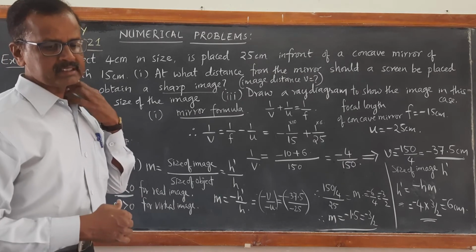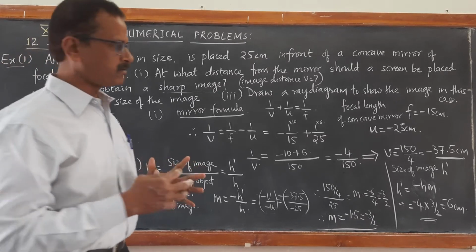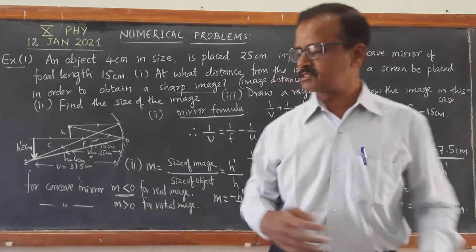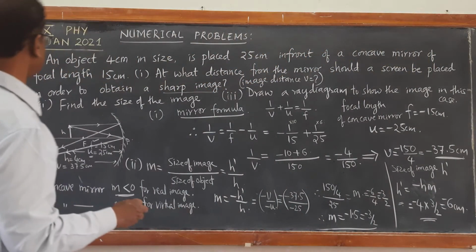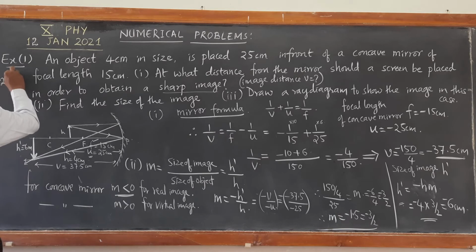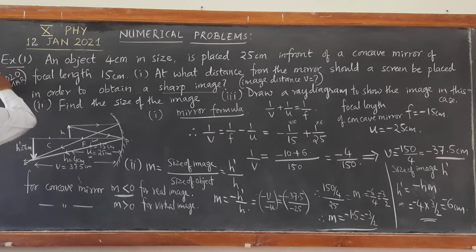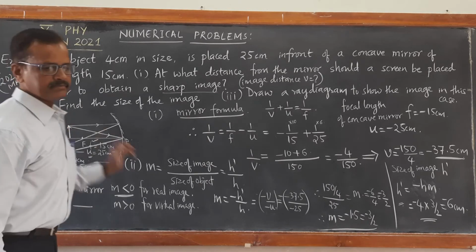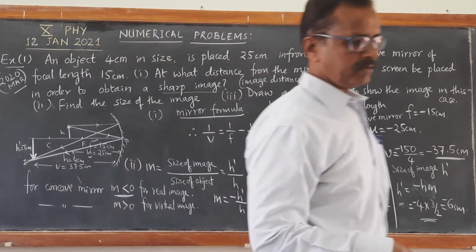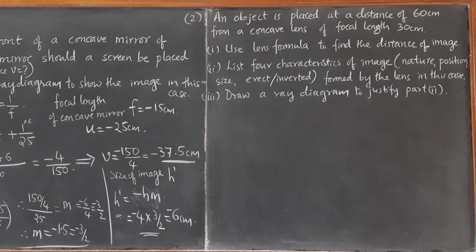Now let us see one more example. Now the example is on a concave lens. Already I have solved this kind of problem. Let us see one more problem. This question appeared last year, March 2020. It is just for your information, right? Now let us see one more example, which is taken from 2019. Look at this second problem.